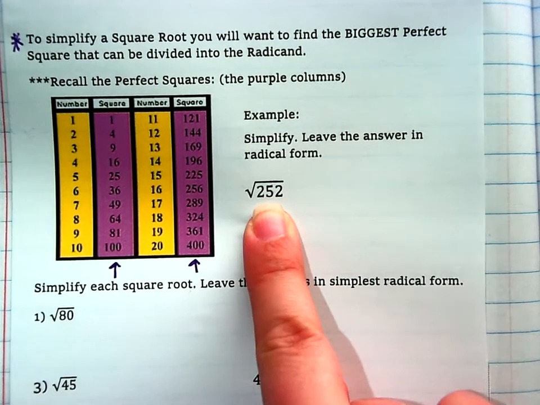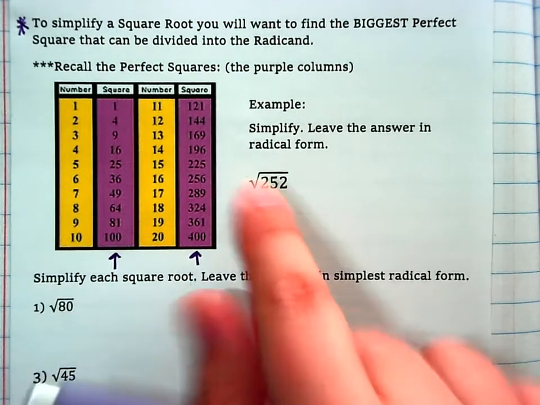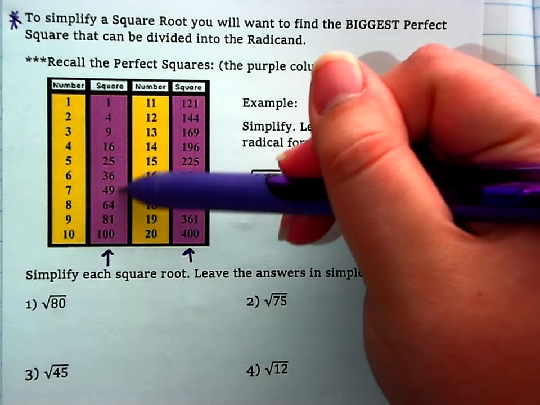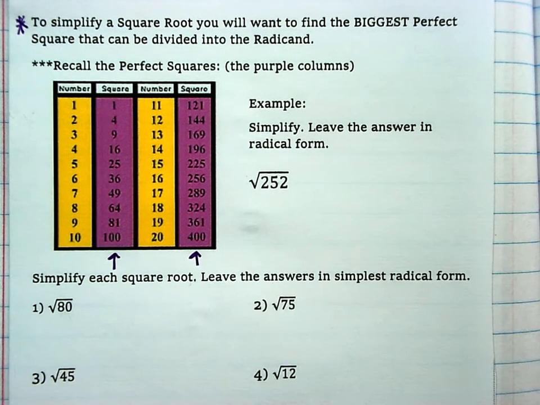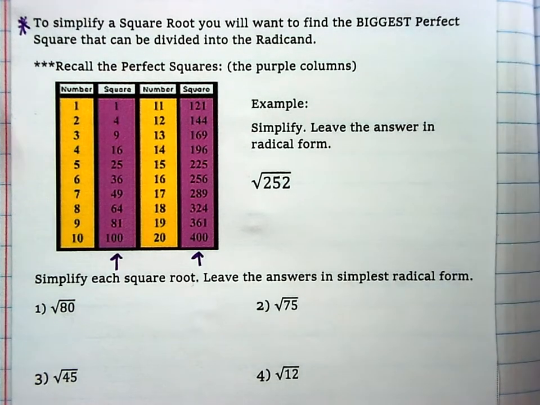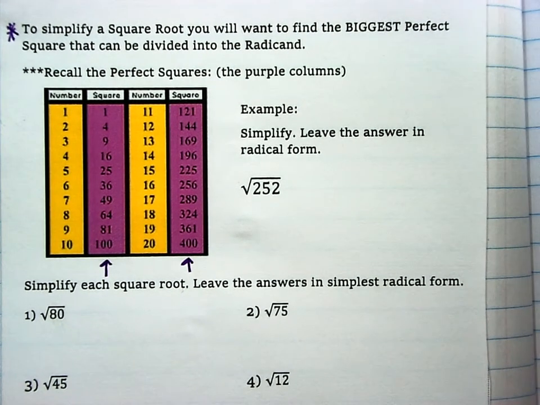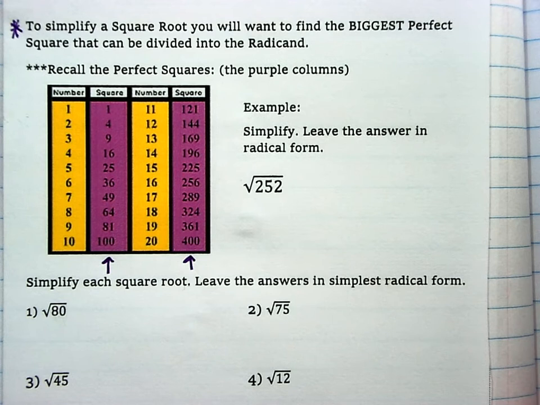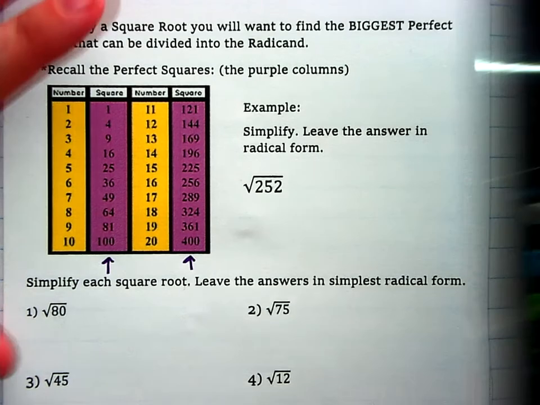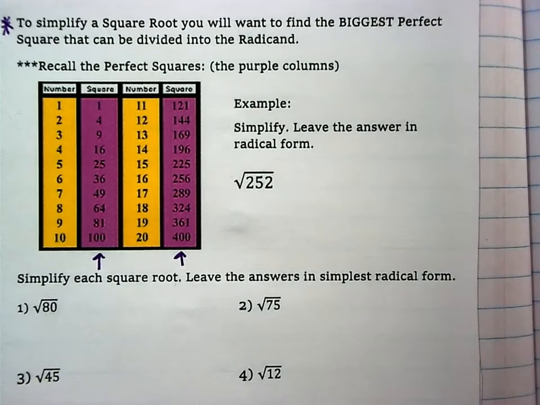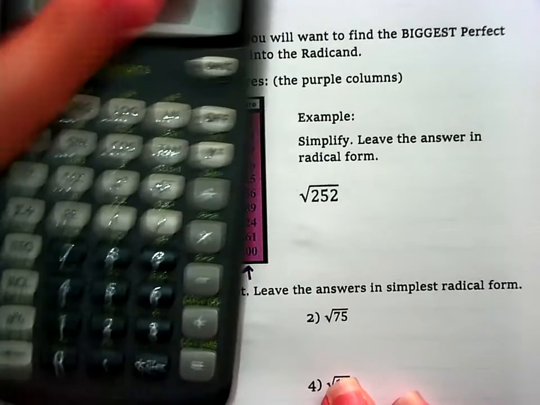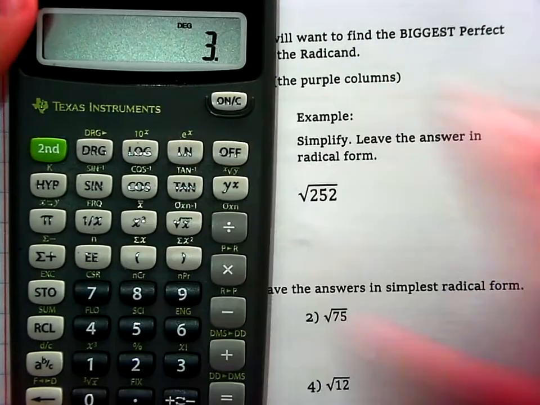So we're going to take the radicand, 252, and start dividing it by these numbers until we find the biggest one that will divide into 252 without any decimal, without any opportunity for another number to be divided in. So you're really just going to need your calculator. Here, I'll use our FSA calculator. And we're just going to start dividing 252